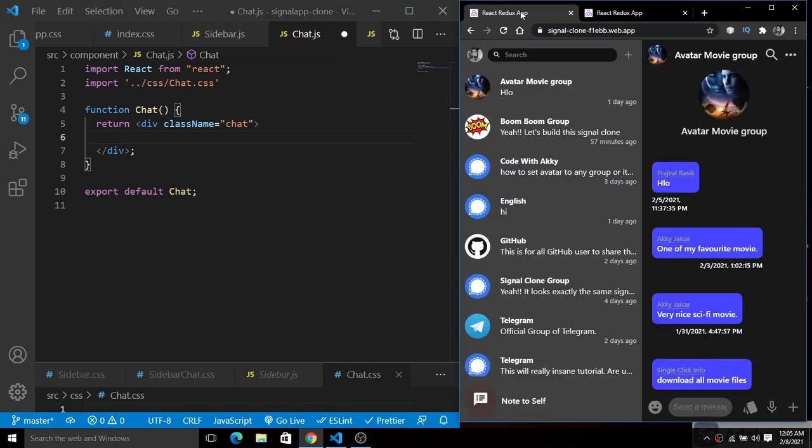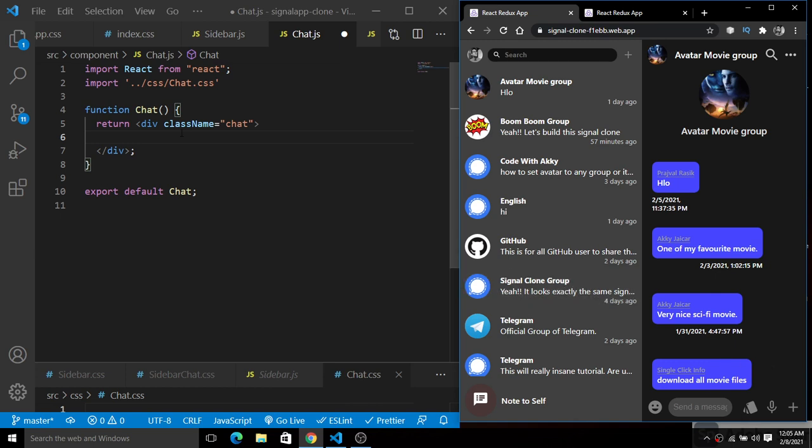Next, we have this chat component here. If you take a look at this, we have our chat header with a profile image, the name, the search icon and the more icon here. Next we have a bigger profile image with the name, and all the messages rendering on the screen. Next we have a smiley icon, emoji icons here. We have an input field, a sticker, a very nice mic icon, and this plus icon here. So here we will add a bunch of stuff inside of this chat.js.